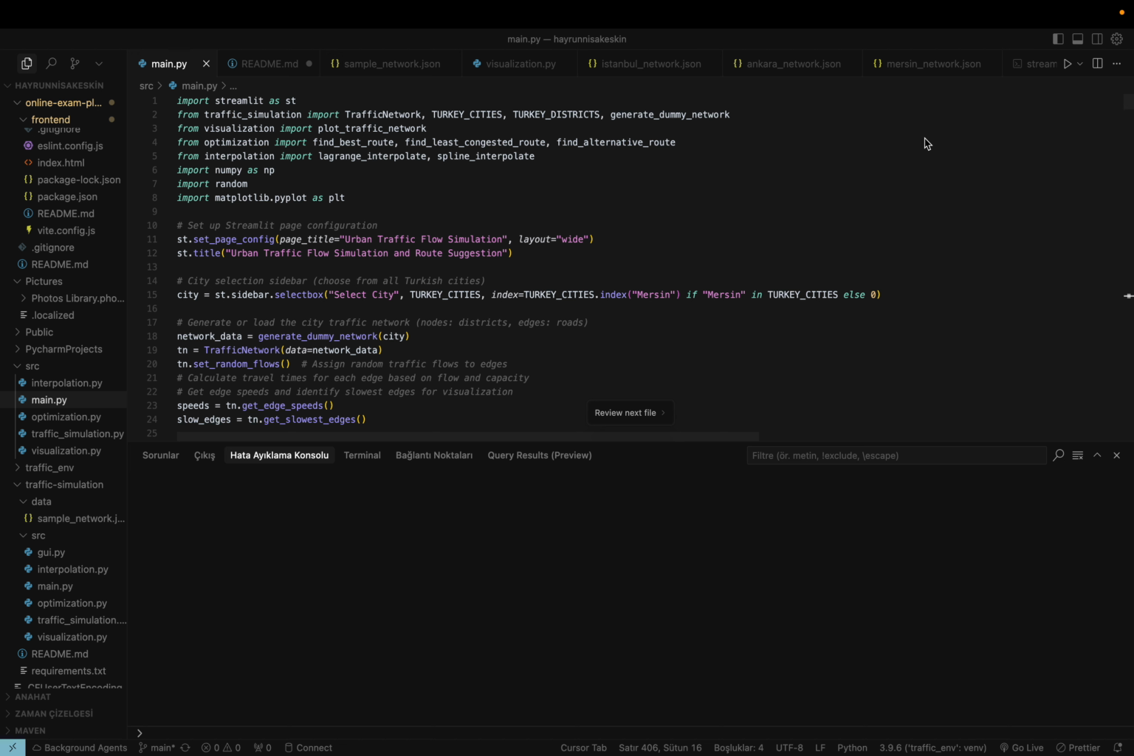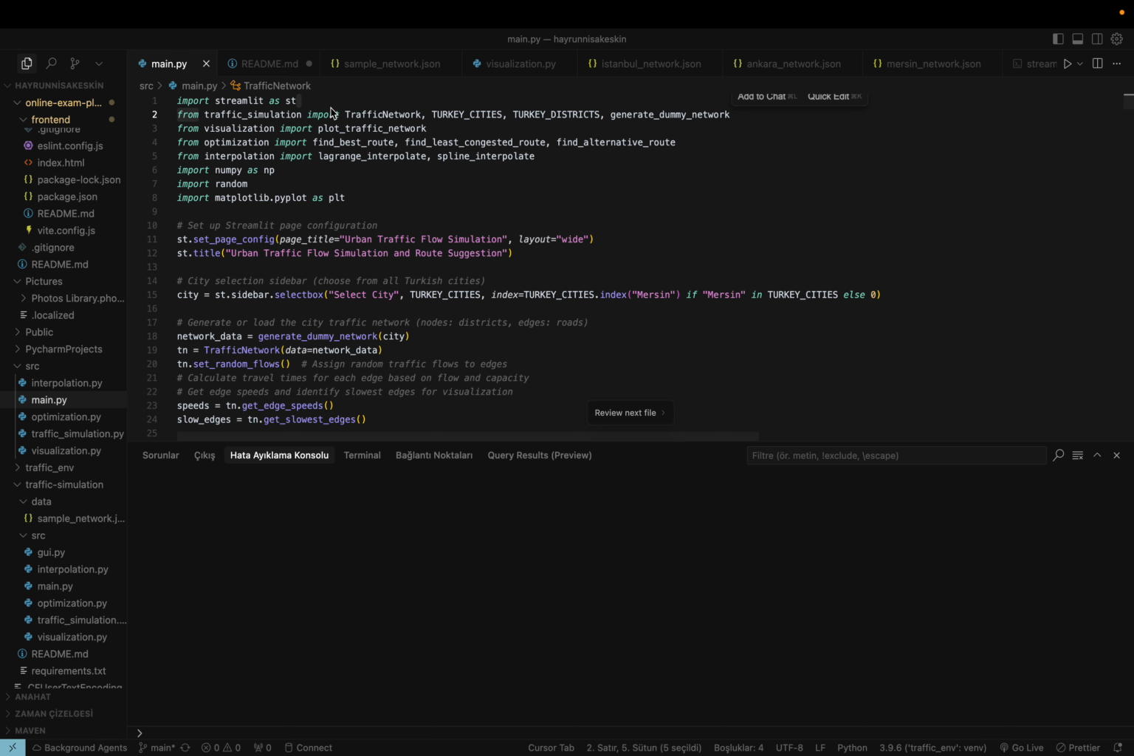We will look at our code. As expected, the congestion-aware path takes twice as long as the shortest path. The urban traffic flow simulation in the layout wide